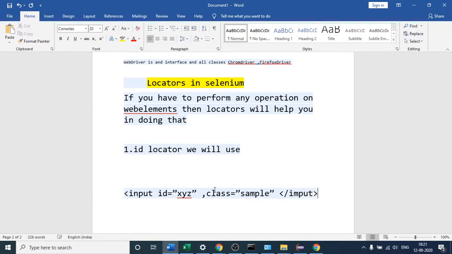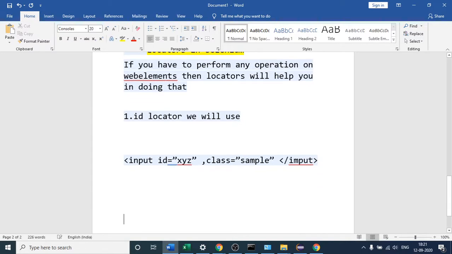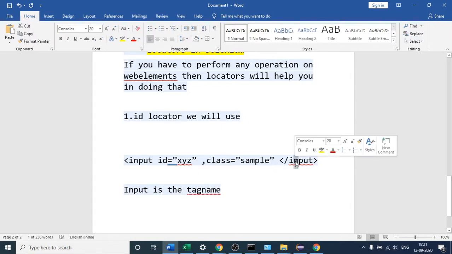You should first understand what these terms are. Whenever you see code like this, the first element is the tag name. Input is the tag name, and you can see the tag is closed at the end. What is on the left-hand side? These are all the attributes.